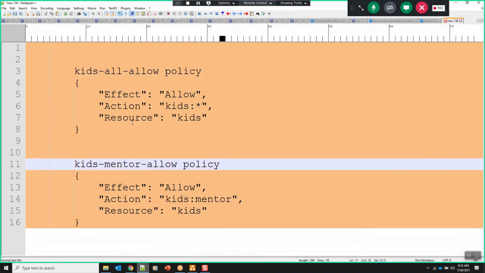So you just remember this mnemonic called EAR: effect, action, resource. Effect tells about allow or deny. Action tells about what all things we are allowed to do, or denied to do based on the effect. And the resource is the subject on which we are performing this, giving these permissions. So here the resource could change based on our requirement.